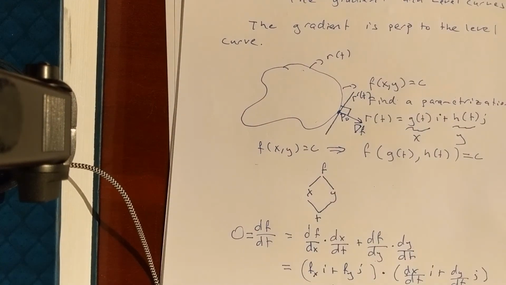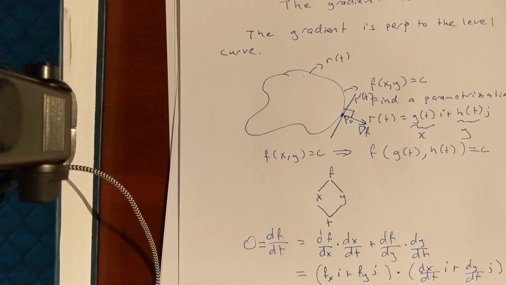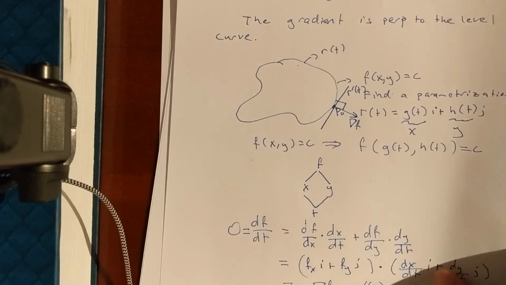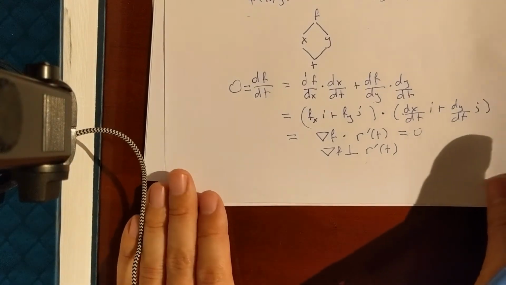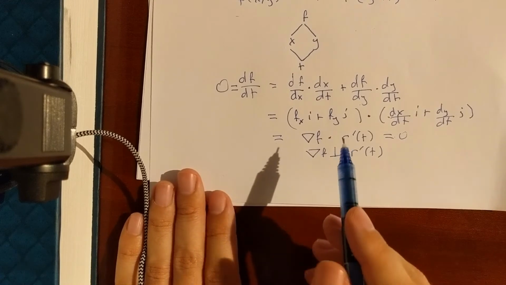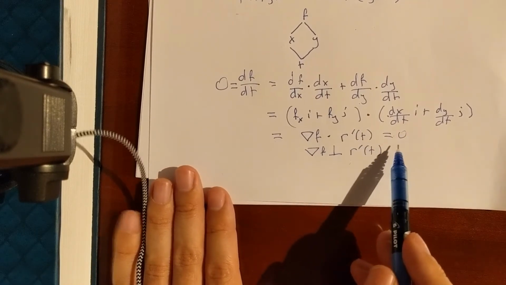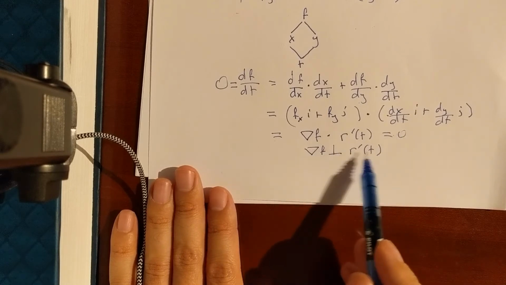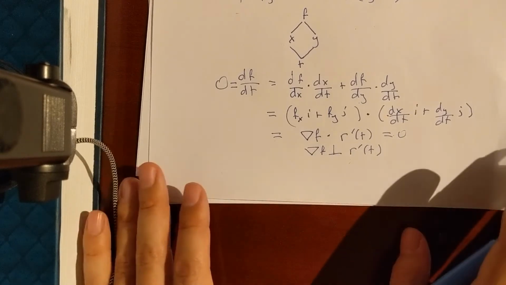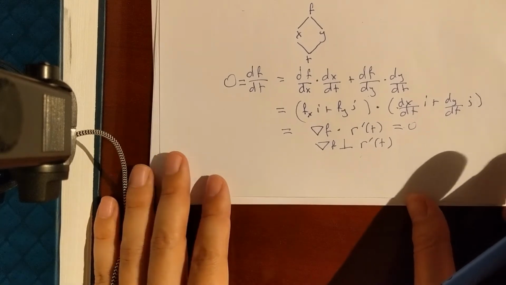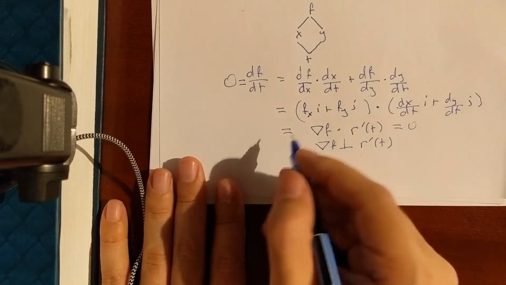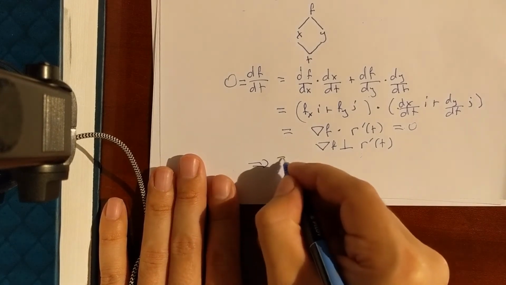Okay, so now r prime. This implies, of course, once we have that, sorry, you didn't see any of that. Oh boy, so let me go over this. I wrote this as this, and this was just r prime of t. So if that is 0, that means the gradient and the curve have to be perpendicular. So the gradient